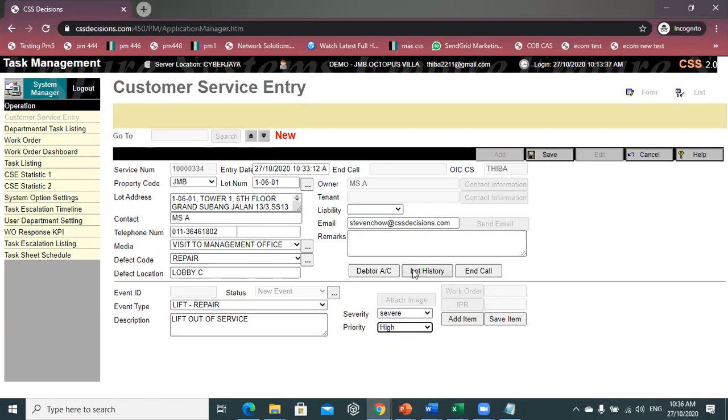So you don't need to ask me how to inform my staff. I will suggest to you all the task escalation timeline. Once you set up, maybe you can just print it and update it at your management office. Clear? Then what you have to do is this. We are in a very important process. Most of our clients, even after the training, forget quickly. Malaysian people forget quickly. To avoid this one,